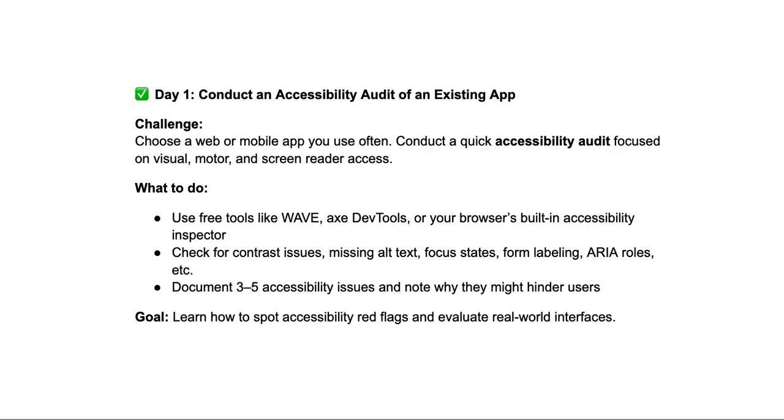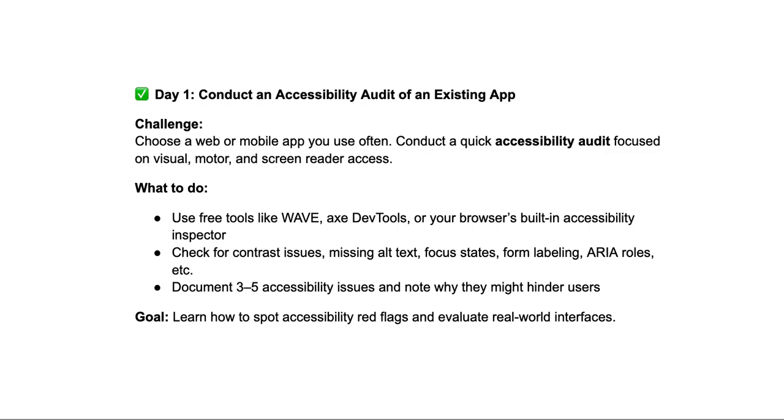With accessibility, oftentimes you're always going to do some sort of evaluation of an existing experience, consider it from a different perspective, provide recommendations for how to move forward. But there are some fun tasks in here, fun things that you can do that would support moving forward differently with different types of exercises, such as voice commands and so on and so forth. Day one, though, is just conducting an accessibility audit of an existing app and choose